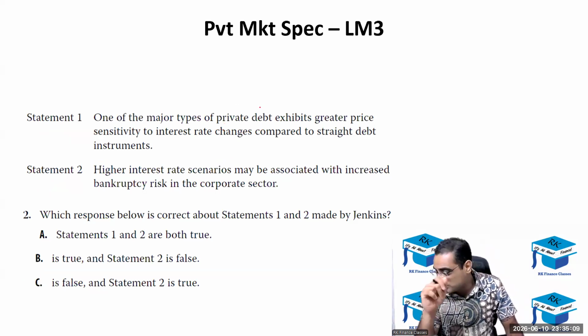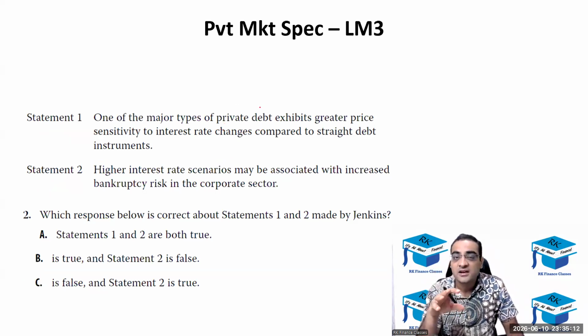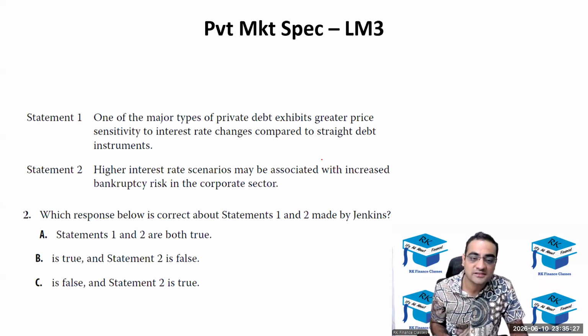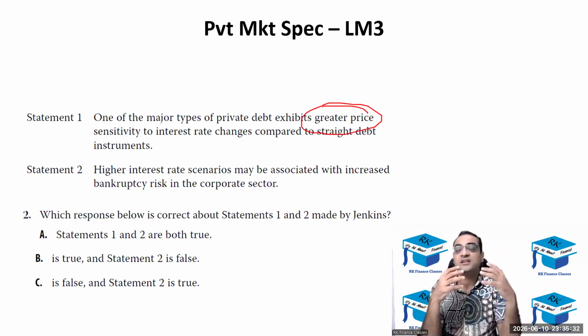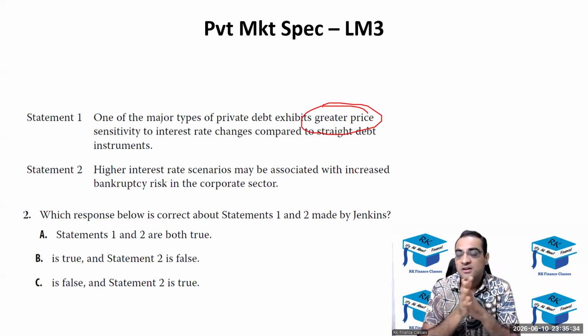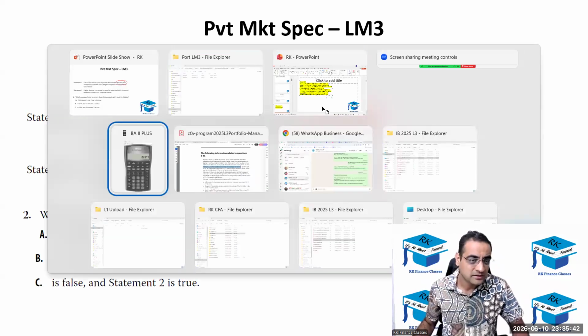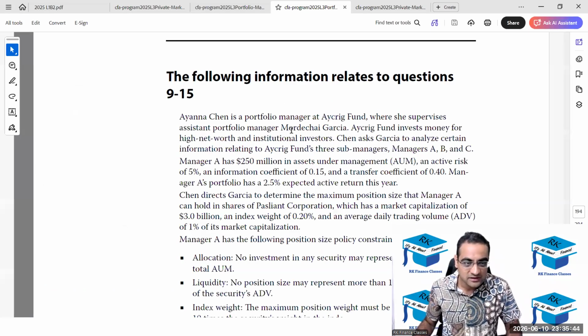Yes, and one more thing I had thought: generally the private debt has embedded call options or embedded put options. So it's not a straight kind of instrument. It is an embedded instrument. Because of those embedded calls and puts, its effective duration becomes lesser, and that's the reason its price sensitivity is lesser. So either this callable and putable logic, or the logic Rishikesh gave that they are floating coupon bonds. Is that mentioned anywhere? Whatever we are thinking, let me check.